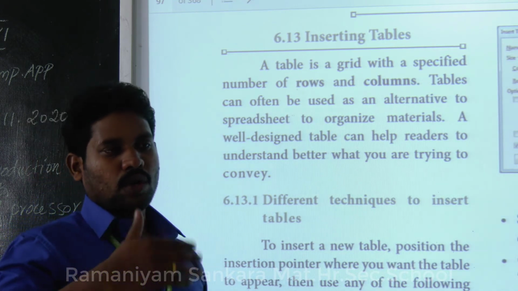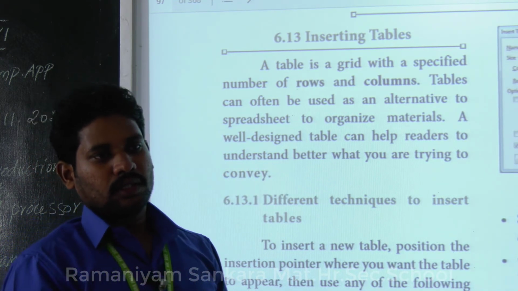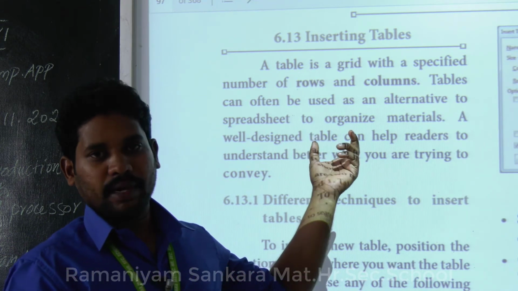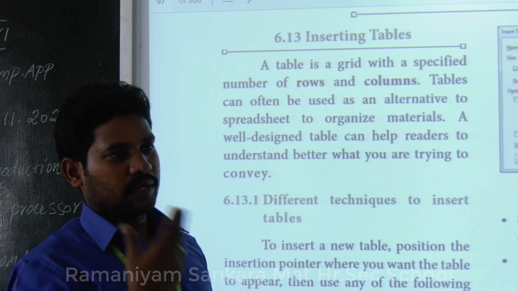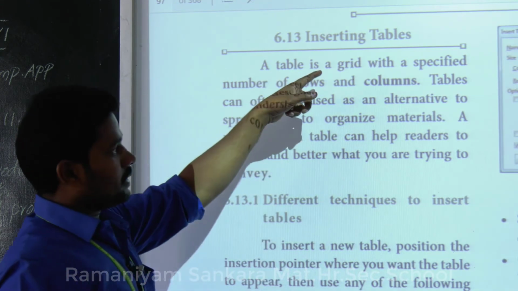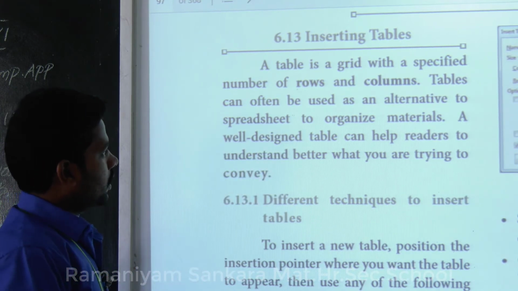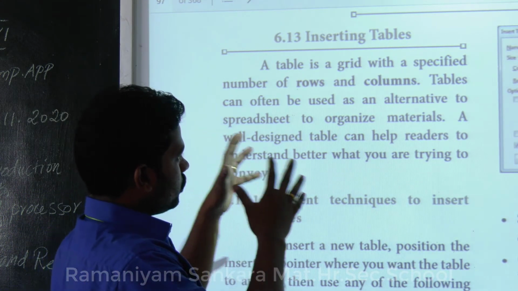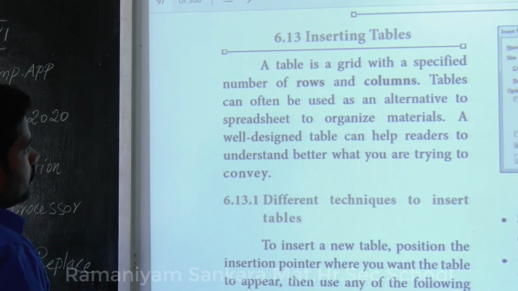For example, if you want to perform any calculation, if you want to add two numbers, in such cases you will open an OpenOffice spreadsheet, or you can open Microsoft Excel. So a table is a grid with a specified number of rows and columns, and tables can often be used as an alternative to a spreadsheet to organize materials.